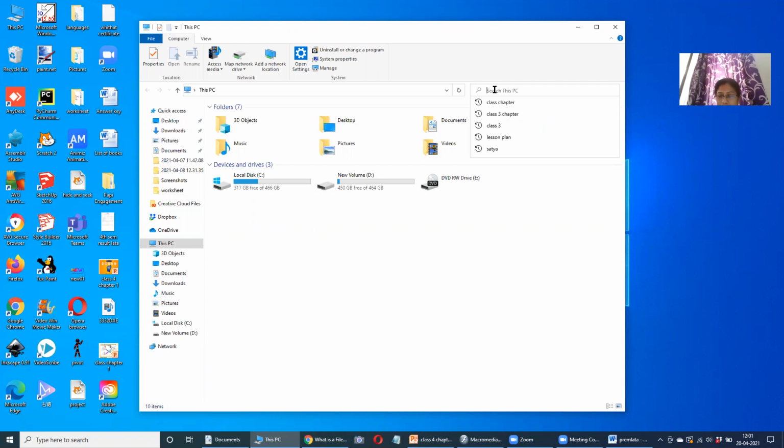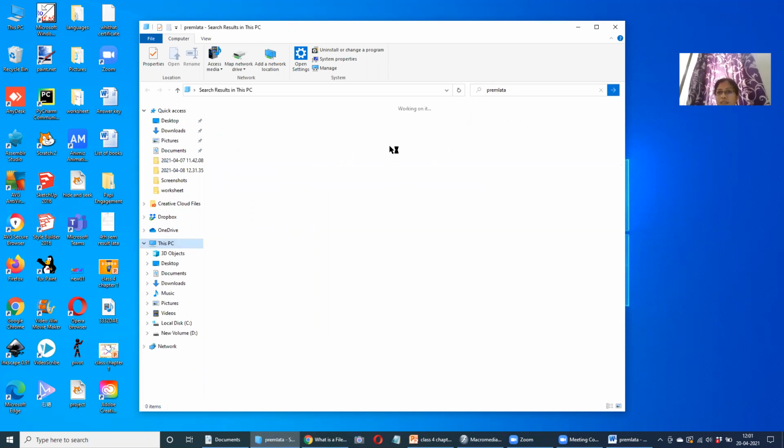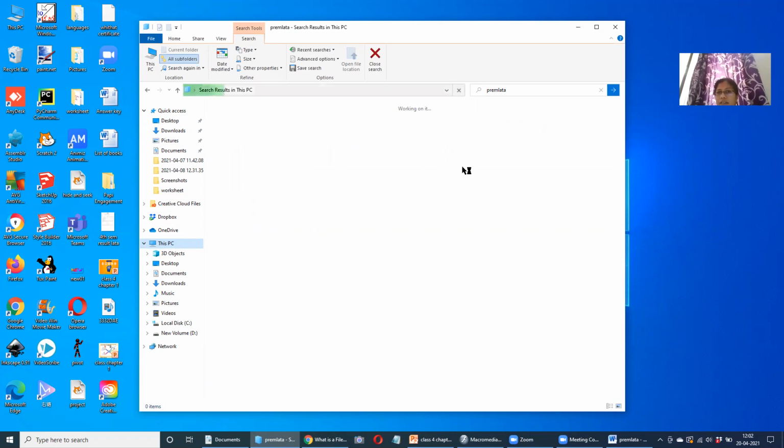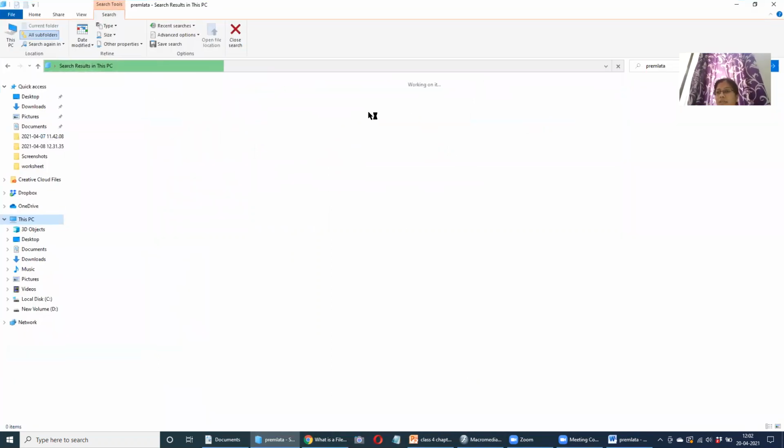Imagine now I will want to open Premlata. Yes, and I'll click enter. My computer, you can see on the system, my computer has started working on it. It has started to search the file with the name Premlata, and it will give me the list. Let us just see how it works.